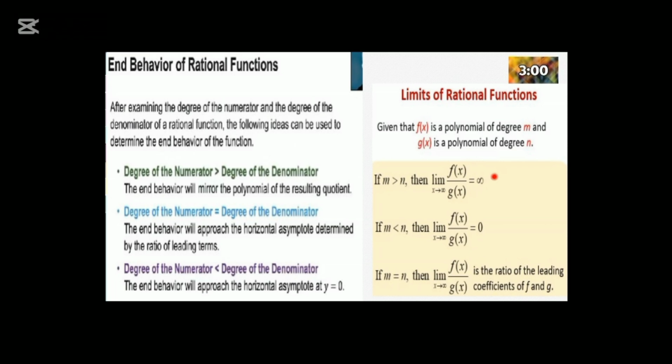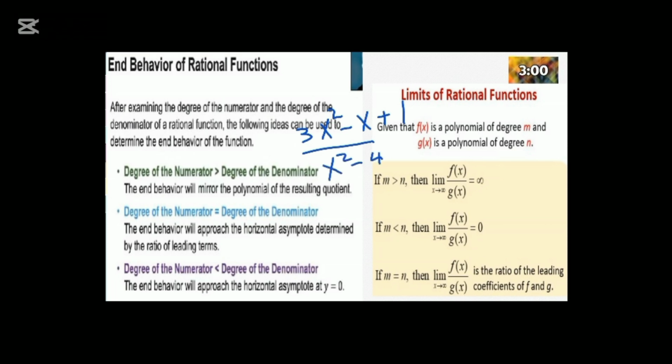But here, if the degree of the numerator is equal to the degree of the denominator, like for example, this one here down, if we have m equal to n, then we said the limit is the ratio of the leading coefficients of f and g. That means what? So here, let's take an example. If I tell you 3x power 2 minus x plus 1 over, let's make it x power 2 minus 4,